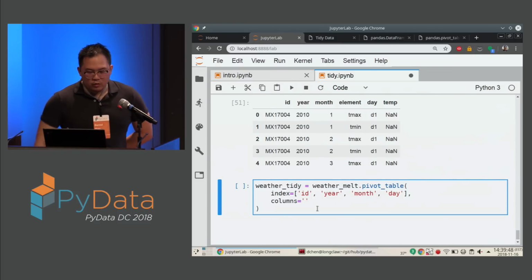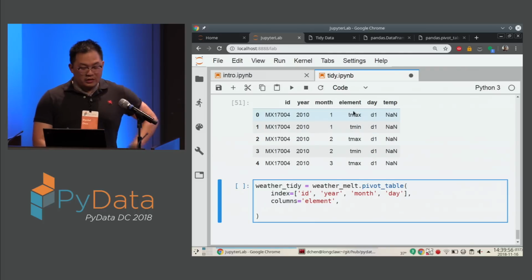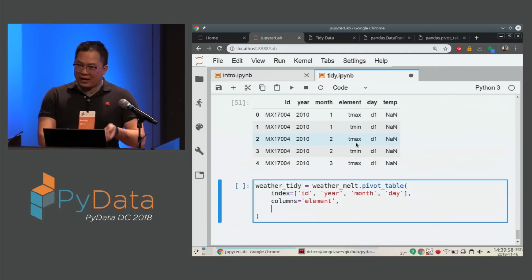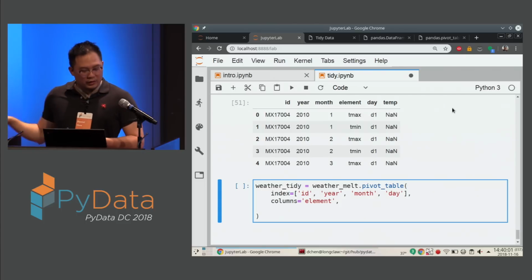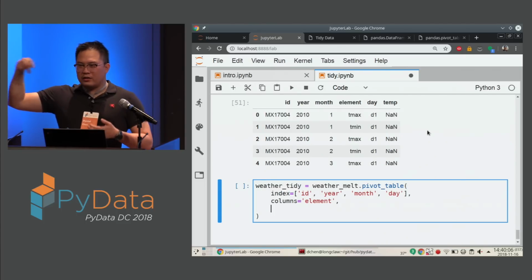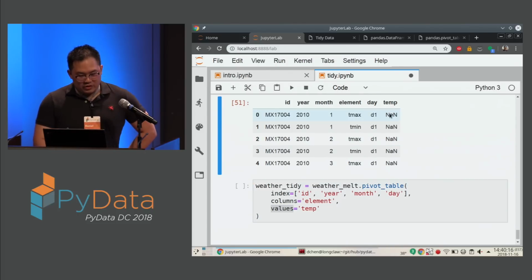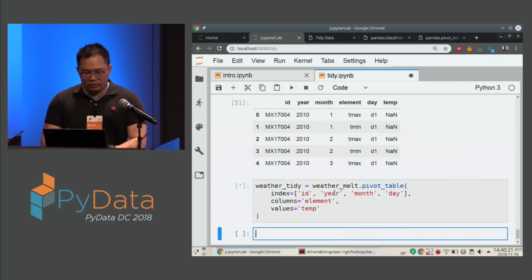In the columns parameter, what is the column that we actually want to pivot? So here we are saying pivot this element column. What it's going to do is look at this element column, and for each unique value in this column, it's going to create a totally separate column. And when we do this pivot, we now have to say, hey, we just created, in this case, 2 new columns. What are the values that we put in when we do this manipulation? So then we pass in this values parameter, and we just say, hey, use this temp column for temperature, and use that to populate after we do this manipulation. So now if we look at this,